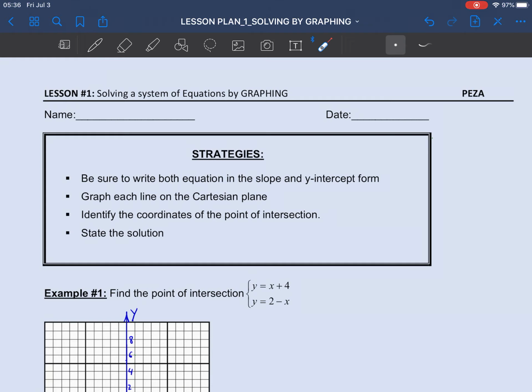See that the exponent on both x and y variables is 1, or you don't see anything, which assumes it is 1. And in order to solve them, we must write both equations in slope and y-intercept form. Recall from grade 9 that slope y-intercept form of an equation is y equals mx plus b, which means that y must sit on one side of the equation all by itself, no coefficients in front of it, and the other side of the equation will have the rest of the terms listed in order, x term first